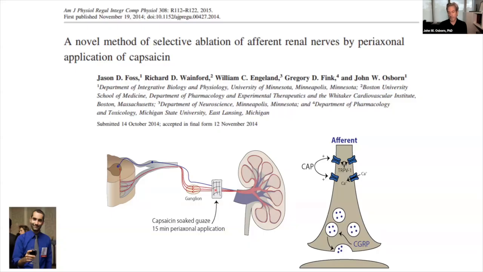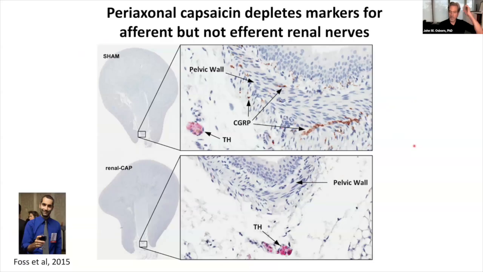Basically, you open up the animal, you expose the vessels, and you soak with a piece of gauze the vessel and therefore the nerves with capsaicin solution. And capsaicin activates these TRPV1 channels that are in the sensory nerves in a way that it is massively activating calcium influx that results in cell death. Sympathetic nerves don't have these channels, so the sympathetic nerves are intact. You can go look up this paper to get more details, but this is just one image from the paper.